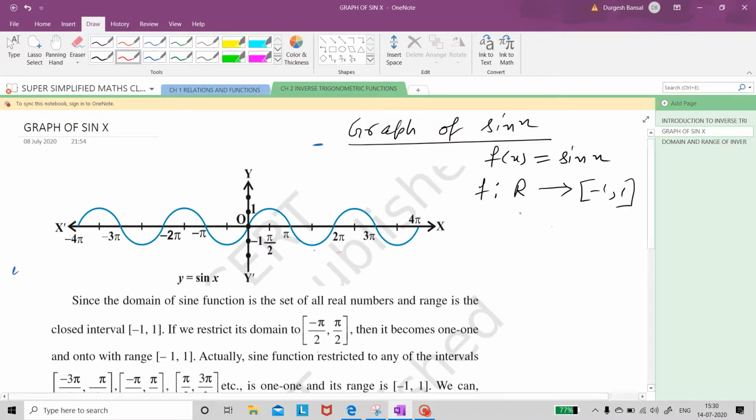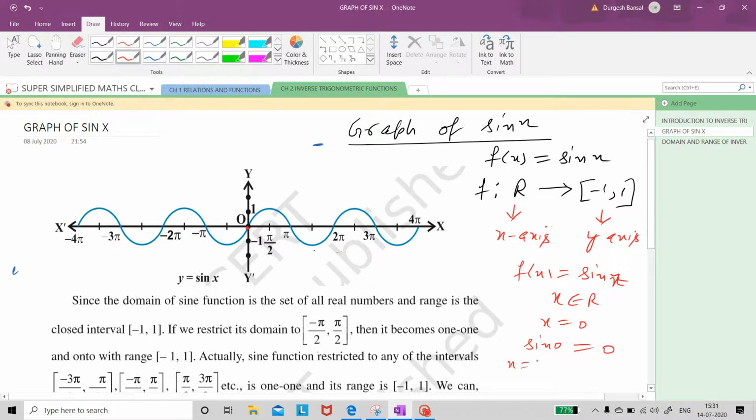As you can see, the domain of any function is always on the x-axis, and the codomain and range are always on the y-axis. So that means we are going to give points to the function f(x) = sin x. We are going to assign x some real numbers, and in turn we shall be getting the values of sin x. So let us study. If I take x to be 0, f(x), that is sin 0, comes out to be 0. So this is one point on the function.